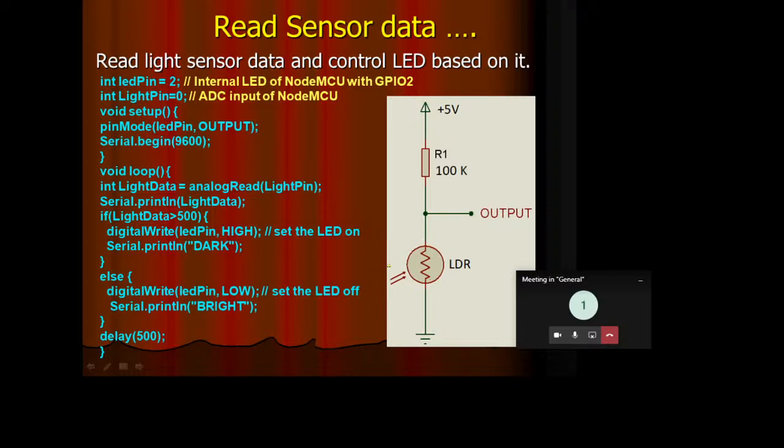Whenever light falls on the LDR, the resistance will reduce, and because of that, voltage will reduce at the output. And when the voltage reduces, naturally the digital output available from the ADC of our Node MCU will also reduce. Because we are using a 10-bit ADC, the overall range of values is 0 to 1023. That means if it is a perfect dark condition, the resistance will be highest, and mostly all of the voltage you will get across the LDR. And ideally, for a perfect dark condition, the output will be 1023.